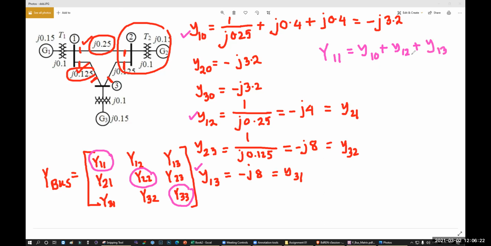So Y10, 12, 13. What is your Y10? Minus J3.2. Then what is your Y12? Minus J4. What is your Y13? J8. What is your value? Minus J15.2. Write this. One of you write this value, because we are going